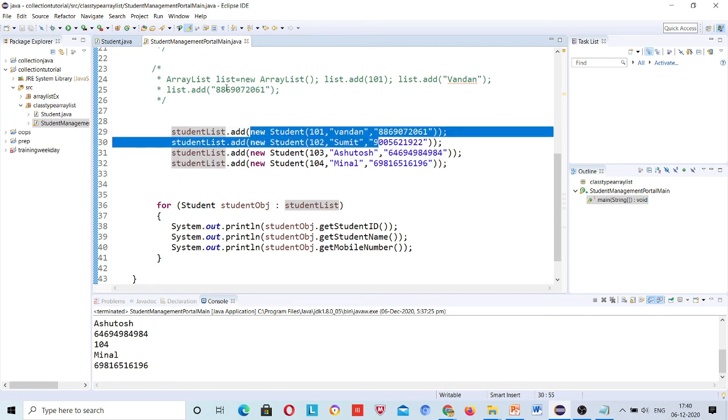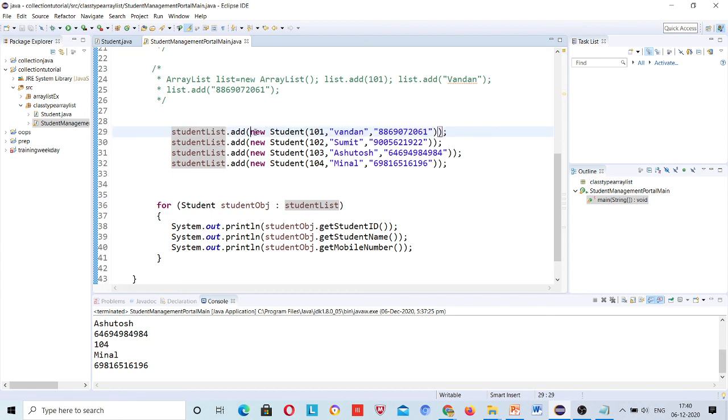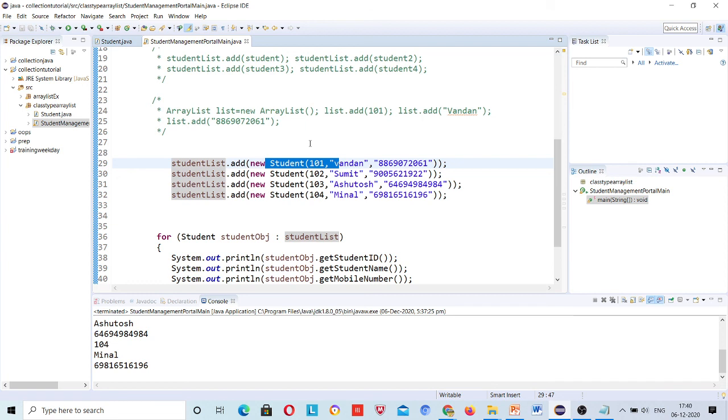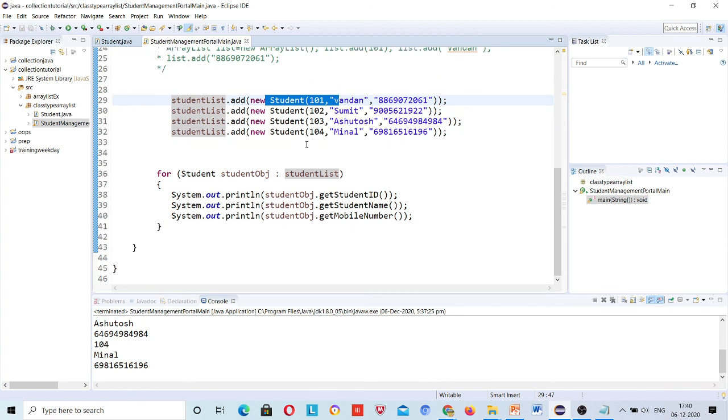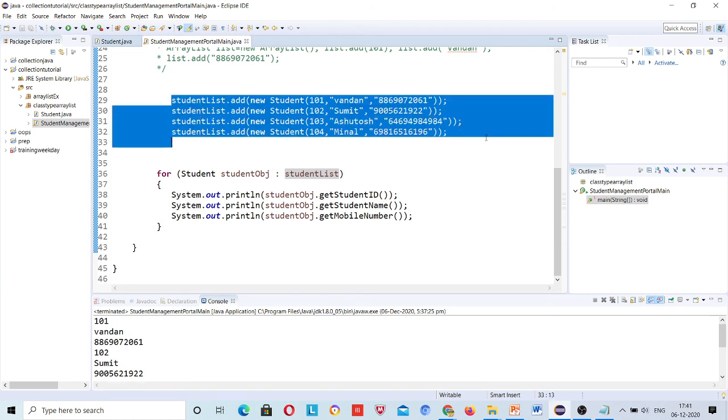Simply, if you want to add anything in an ArrayList, the add method is there. So if you want to add this constructor, meaning an object of Student type, inside this list, then you need to declare it like this, right? Yes, it means instead of list dot add, we can directly invoke the constructor so that our data will get printed normally, as you have shown on the console. Printed means not for printing. These lines are for adding, right? Okay, adding, for printing, these are the lines, right?